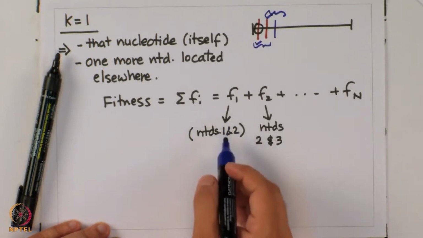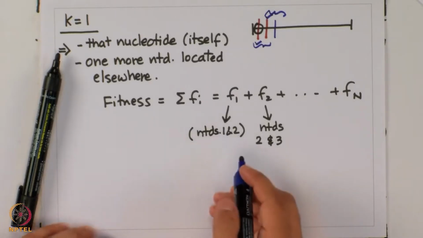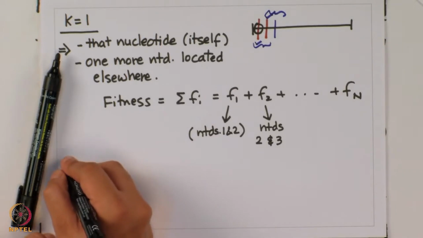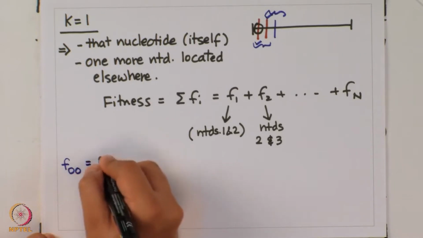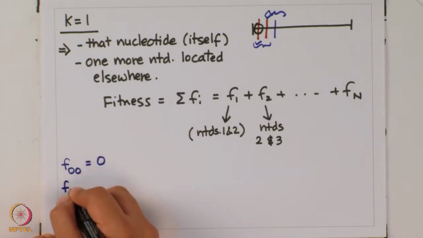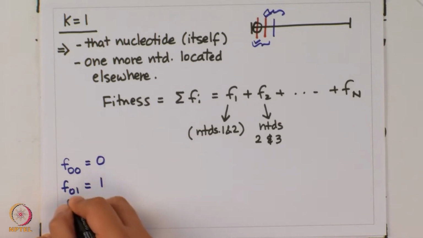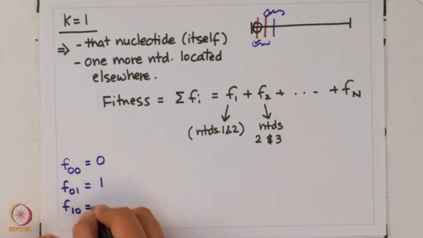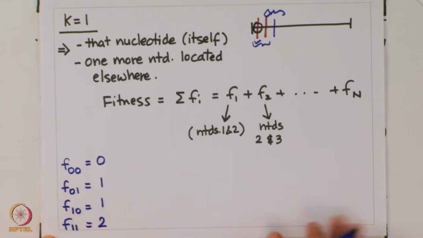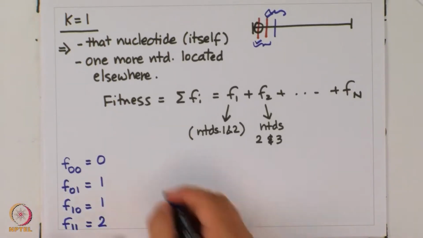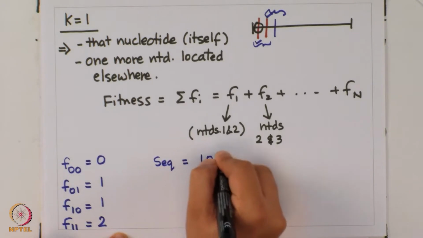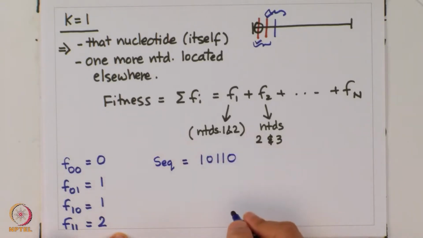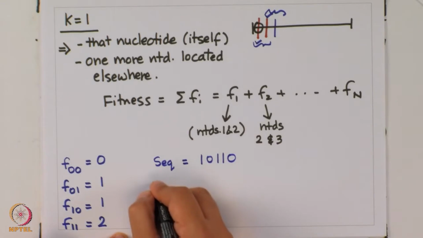Since the fitness contribution of each is dependent on two nucleotides now, I am going to have to define that the fitness contribution whenever you have a 0 0 is, let us say, 0, whenever you have a 0 1 it is 1, whenever you have a 1 0 it is 1, and whenever you have a 1 1 you have 2. If that is my definition and the sequence that I am interested in is 1 0 1 1 0, then the fitness of this sequence